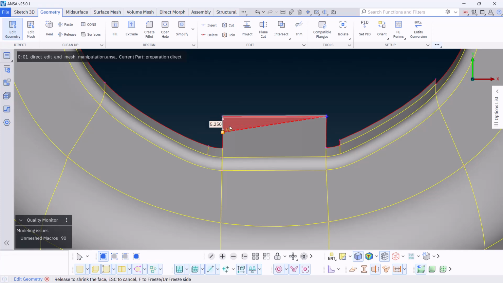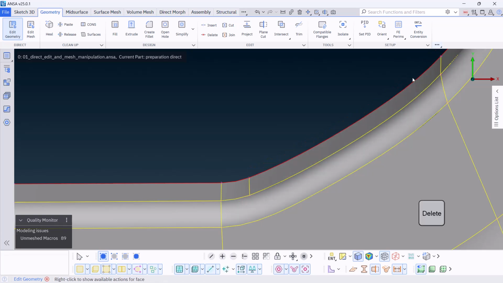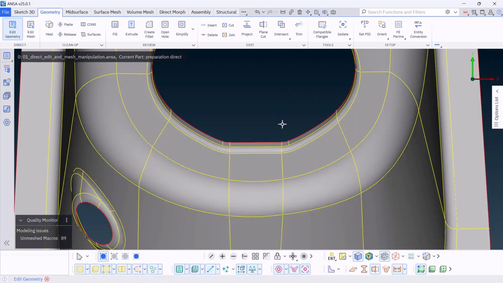When selecting a cons close to a hot point, then we can modify the cons by moving the adjacent hot point only. The other one is frozen and colored in blue and will not be moved. By selecting a red cons, and dragging it towards a specific direction, user can modify a face by increasing or decreasing its surface. Hover over a face and press delete from your keyboard to delete the highlighted face.